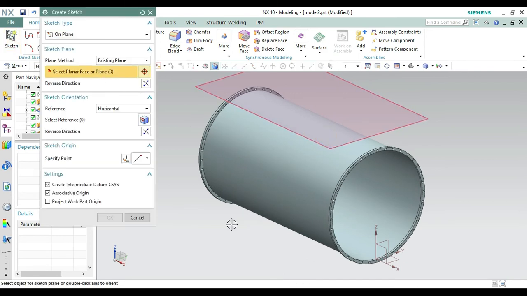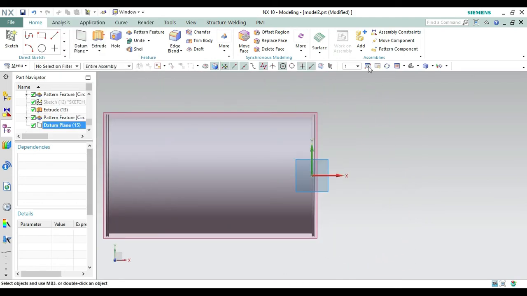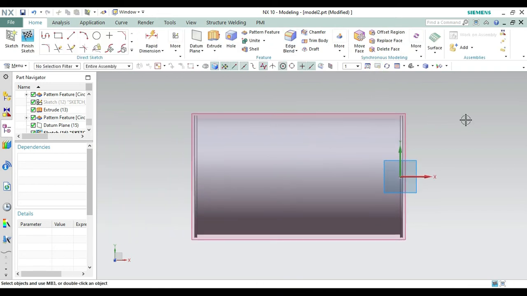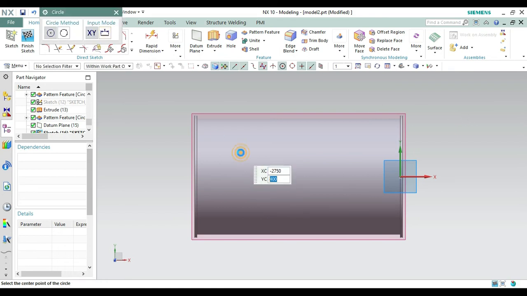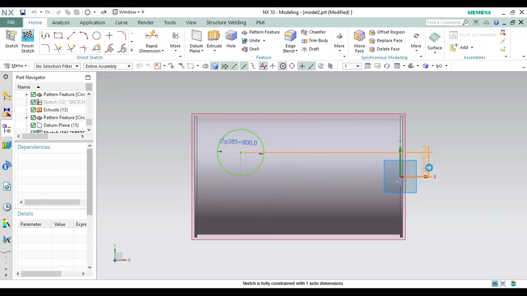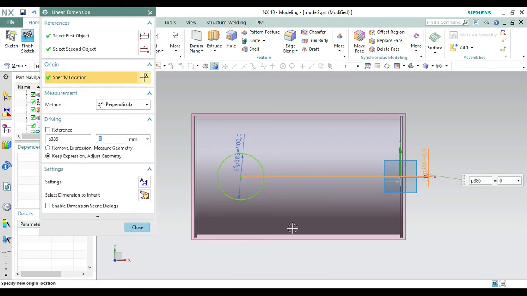So again, select this plane, we have to create a line on this plane and make it okay, like this one. Okay, so now we have to create a circle of diameter 800. So taking any point here, create a circle of diameter 800 like this one. So now first we make a distance, let's see, this distance should be 0. So let's make the distance 0 and you will get it in the center. Now again what we have to do is to make this distance.